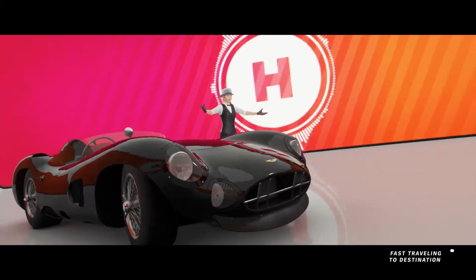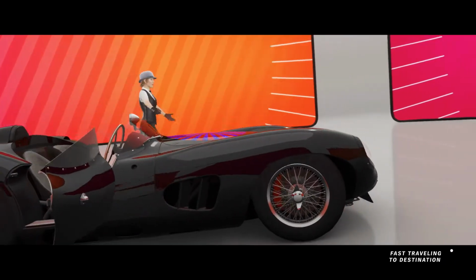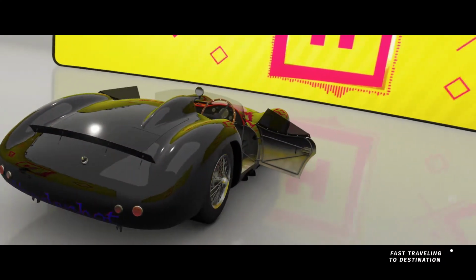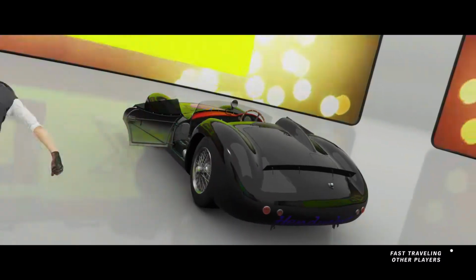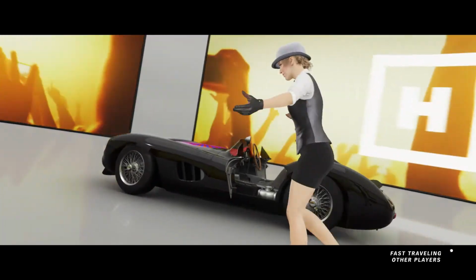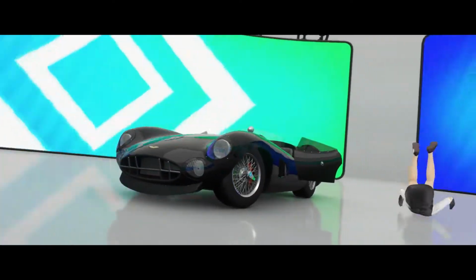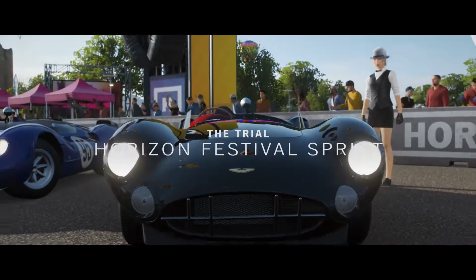And onwards to the next race it is. And for this next race, it is also a point-to-point race. It is the Horizon Festival Sprint, which is a fun little track. It is a very fast running track. But that also means that it is not that well suited for my car, I fear, as there are a